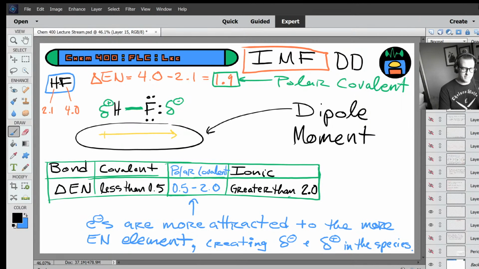On an exam that wasn't digital, right? Ours is digital, so I can't put this type of problem on there, but on an exam that you take in class, if class were in person, I would say, draw the dipole moment. And when someone asks you to draw the dipole moment, they're talking about this arrow to show which portion of the molecule is negative, which portion is positive. It communicates the same information as the delta plus and delta minus. It's just another way of doing that, and so you need to be familiar with the symbol. You need to know what it means, which is why I'm spending our precious lecture time talking about it. Okay,